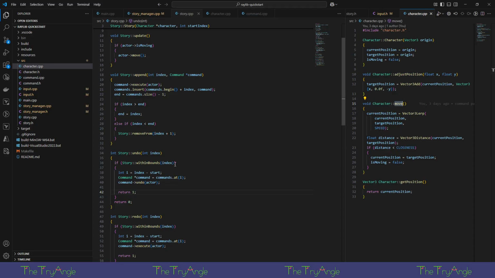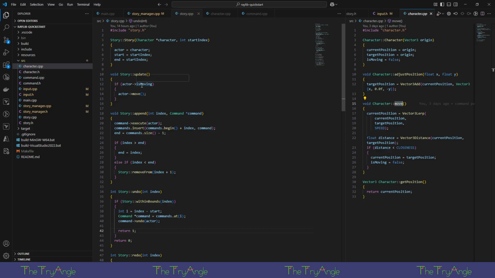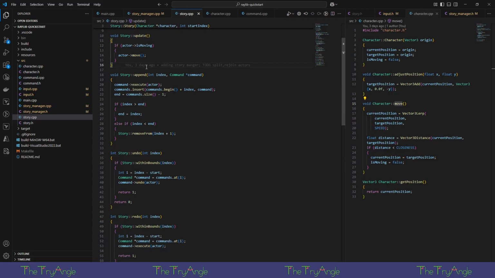will call on move. And we can see that here. If the actor is moving, move it. And that's everything in the update function. Some of this other stuff just says like, hey, oh, that's why I have stories. Yeah, because the story